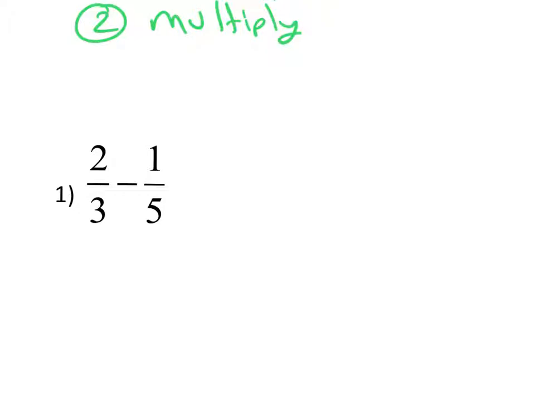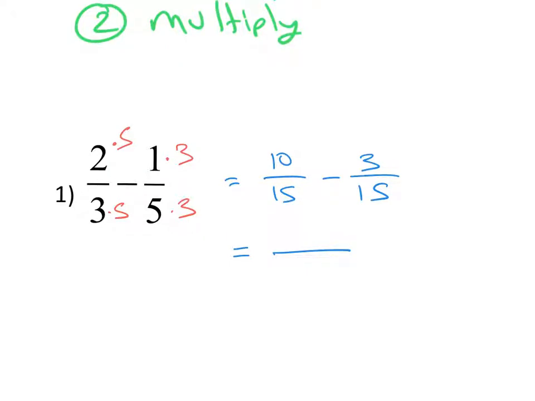All right, so I'm looking what number can I multiply 3 and 5 by to get a common multiple. So that would be, we could get to 15. So I need to multiply the first fraction by 5 on the top and the bottom. And the second fraction, I need to multiply by 3 on the top and the bottom. And that'll get me the common denominator of 15. Okay, so when I do that, I get 10 over 15 minus 3 over 15. Notice I've got my common denominator,